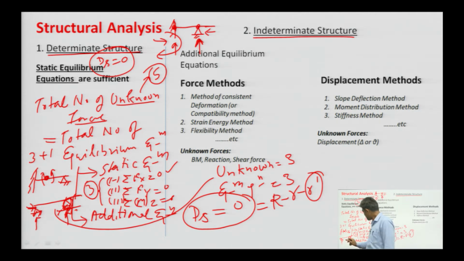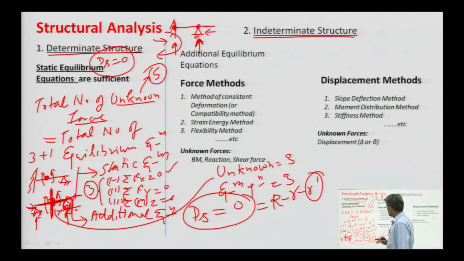In this beam, support reactions at any point can be calculated very easily, and after calculation of the support reactions, the bending moment, shear force and whatever forces are within this beam can also be calculated. In a beam, the dominant forces are shear force and bending moment. So, shear force and bending moment at any section can be calculated only with the help of the available equilibrium equations. Why? Because the number of unknowns is the same as the number of available equilibrium equations.